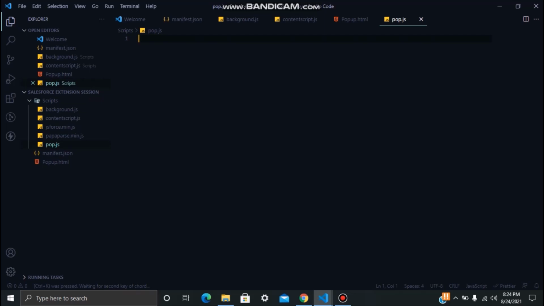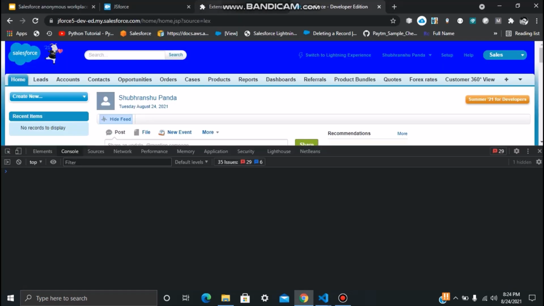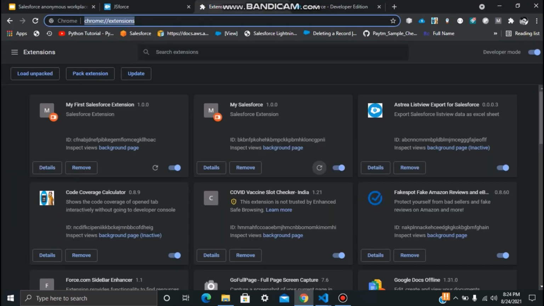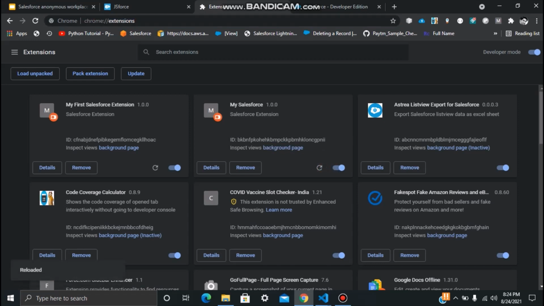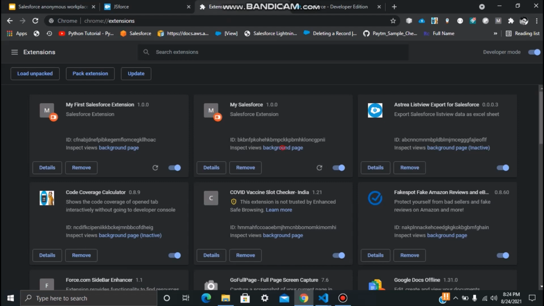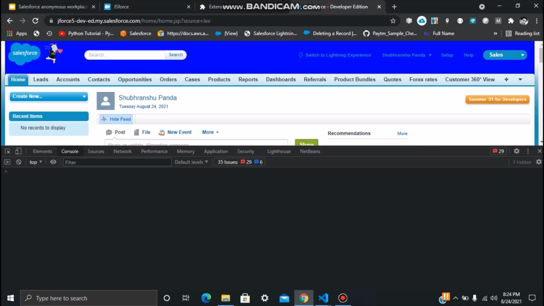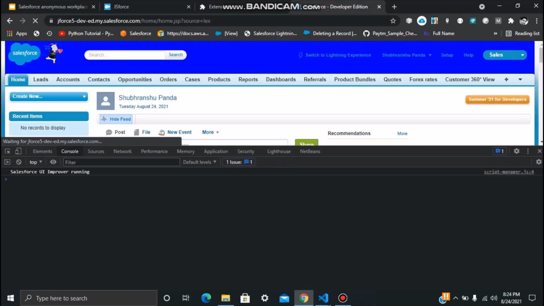Before starting with your pop-up.js, let's save all these files and test whether our extension is working properly. I'll just refresh it and check whether my background page is working. It is working perfectly. Now I'll go to my Salesforce and check whether the pop-up file is working.